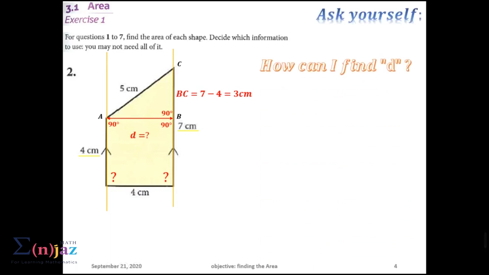Accordingly, how can I find D? We're going to apply the Pythagorean theorem on this right angled triangle, which is ABC, in order to find D. So apply the Pythagorean theorem on right angled triangle ABC. And the Pythagorean theorem